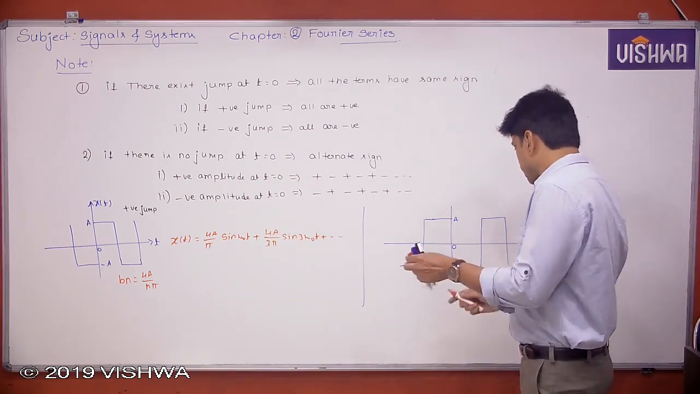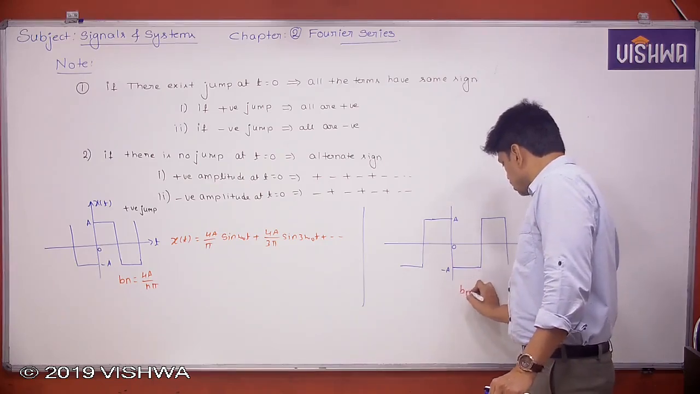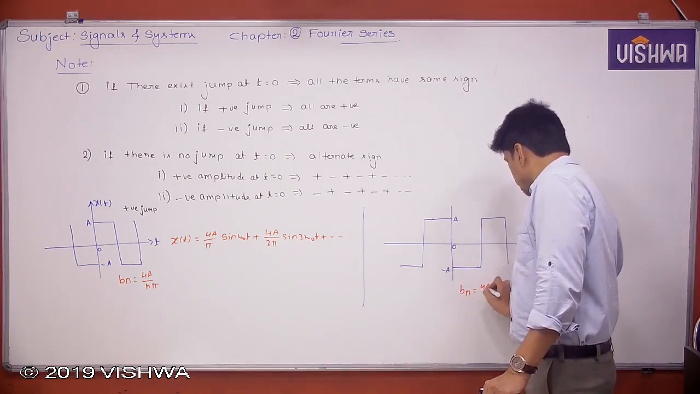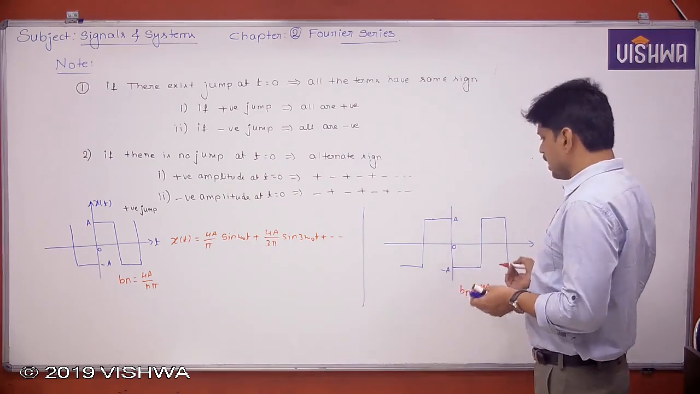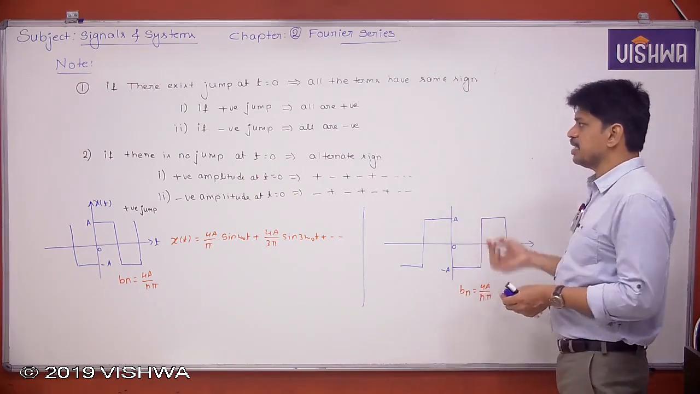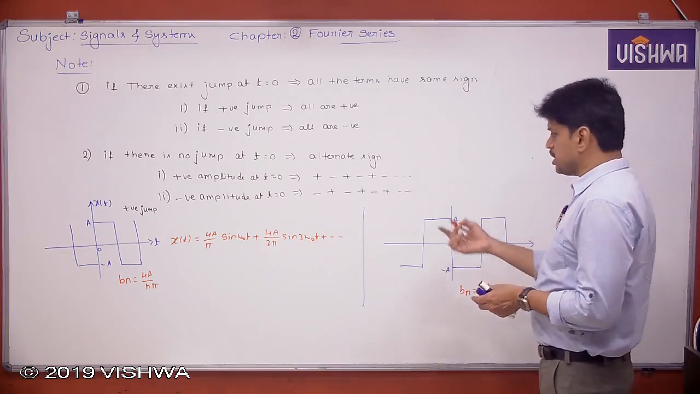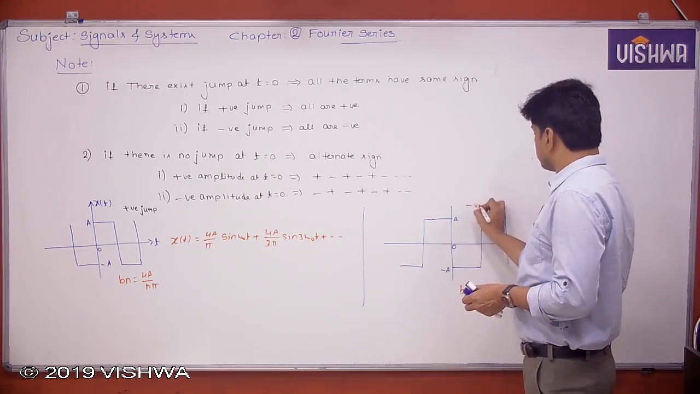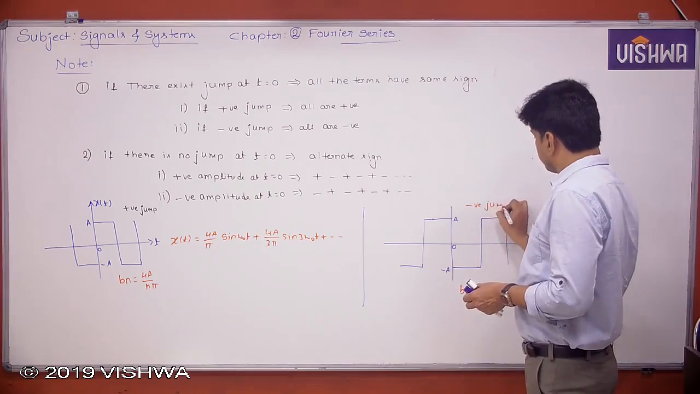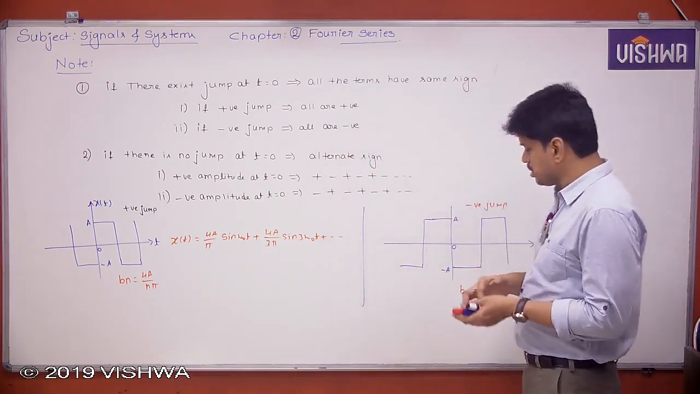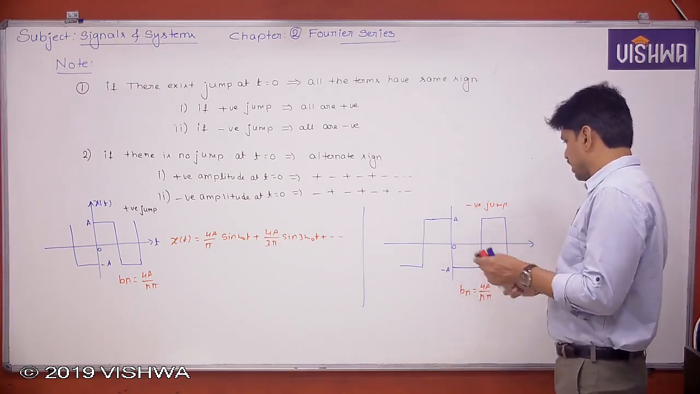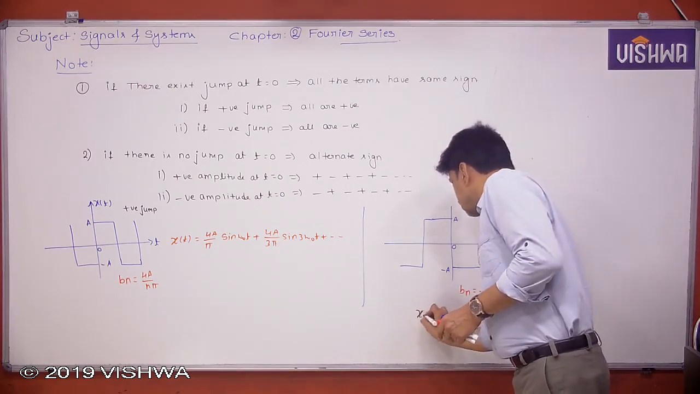What is the bn value again? Bn is equal to 4a by n pi only. But the only thing is, while we are writing the expression, we have to take everything as a negative value. So if it is having a negative jump, all are negative. That means everything we have to write in negative terms. That means x of t is equal to